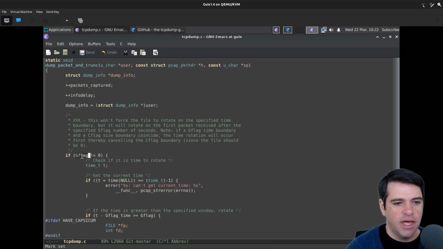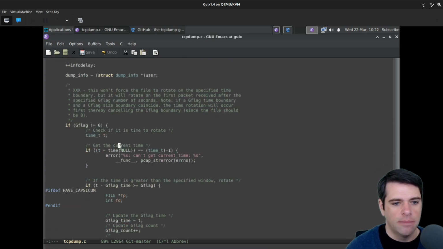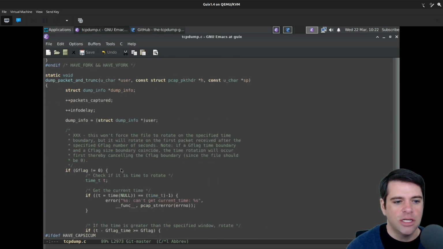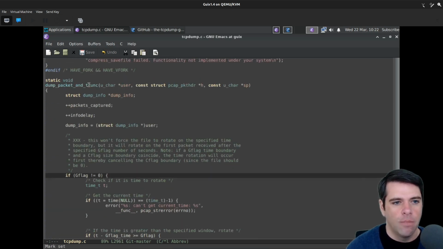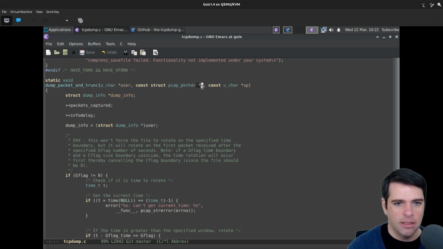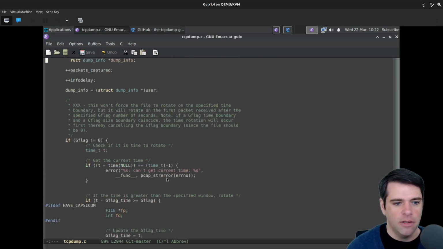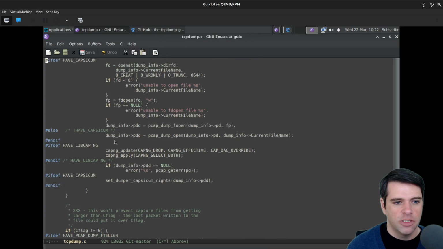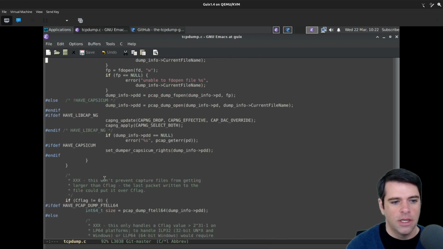So if G flag is non-zero, we'll check if it's time to rotate by getting the time. Okay, yeah. So the time is greater than the specified window rotate. Okay, so this is kicked off, I guess, only after you call dump packet and trunk. So you have a packet, at least a packet header. And if we have capsicum, we'll do some file stuff. Okay, so this is rotatey stuff. All right, so